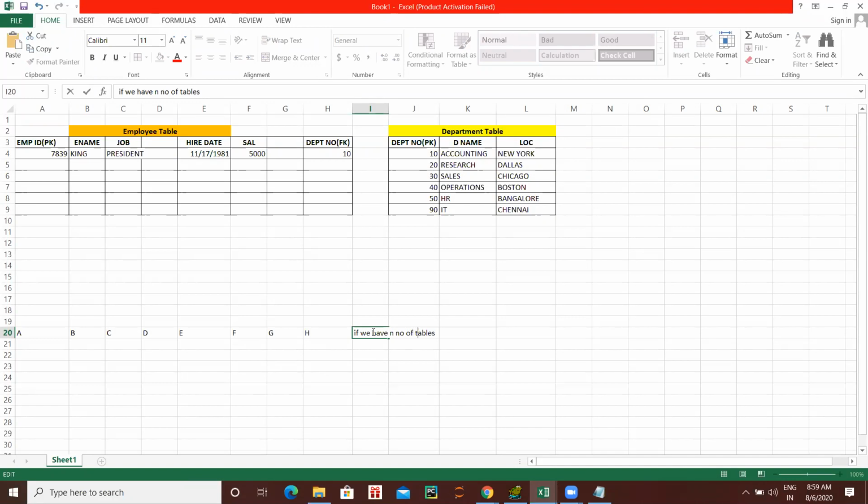Number of tables, we need n minus 1, n minus 1, not 10, joining conditions.